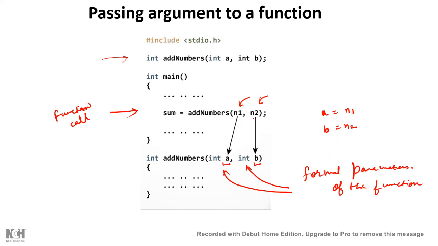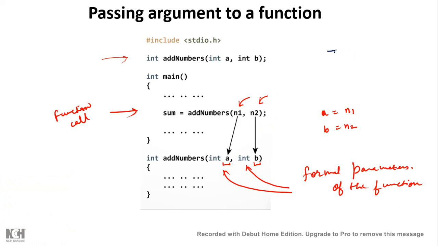That means whatever you write at the time of the function call, whether number1, number2, or no1, no2, or x and y, whatever you pass in this function call, once the body of the function is executed, they will be passed through these formal parameters of the function only. The type of arguments passed to a function and the formal parameters must match, otherwise the compiler will throw an error. So remember that